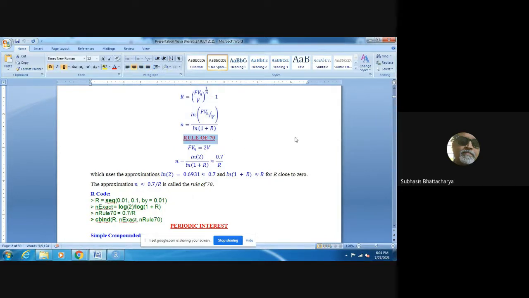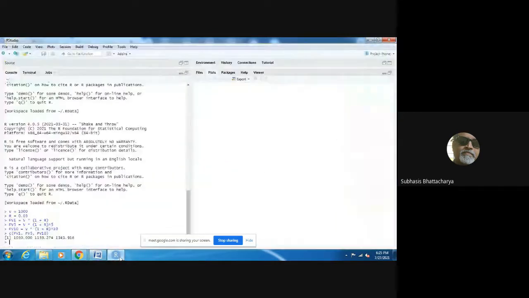We use the same thing: if we put 2V here, it becomes log 2, that is 0.6931, approximately 0.7, divided by log of 1 plus R. If R is very small, log of 1 plus R is approximately R, so the rule becomes just 0.7 by R. And using R, by this technique,